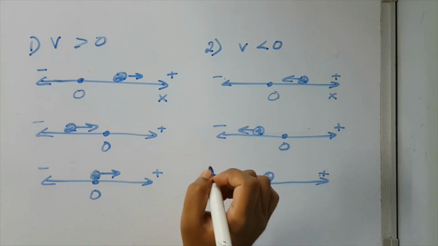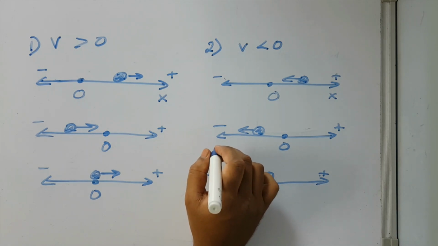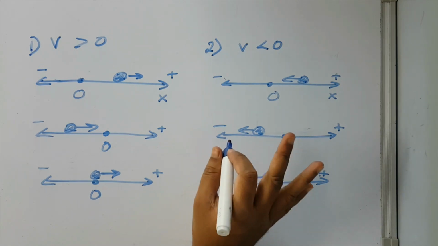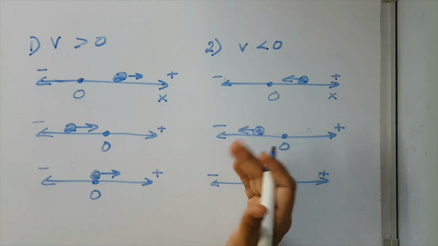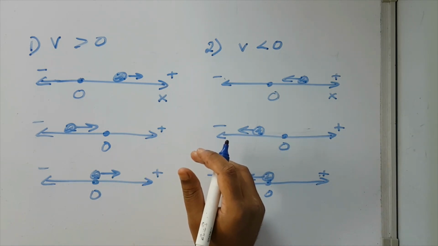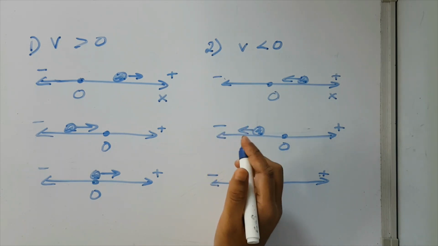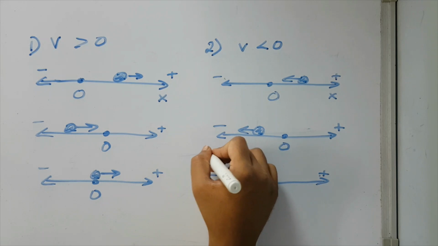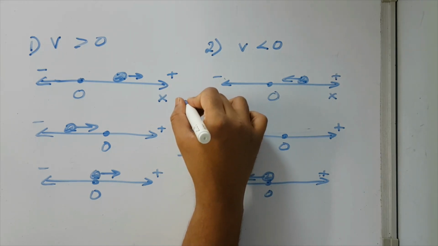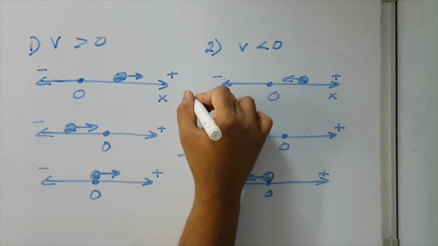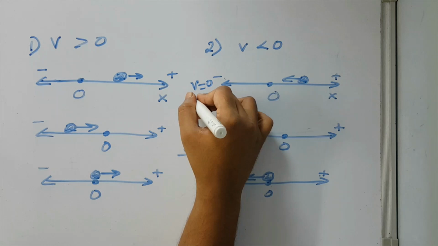When I say the instantaneous velocity of the particle is zero, it means the particle is momentarily at rest. We do not know what would happen in the future. That depends on the situation. The best example is if you throw something up. Let's say I throw a particle upwards. You know what's going to happen. It has to stop at some time. Momentarily it stops, so the velocity there would be zero, and then it comes back.